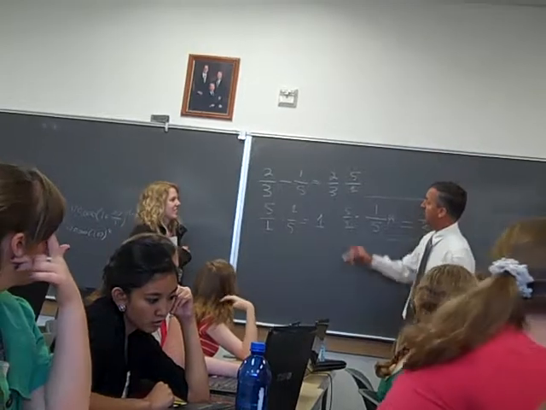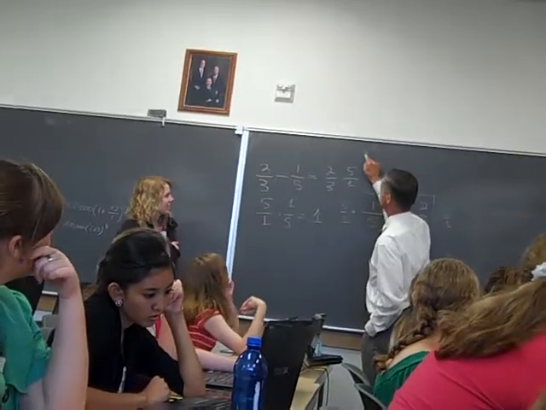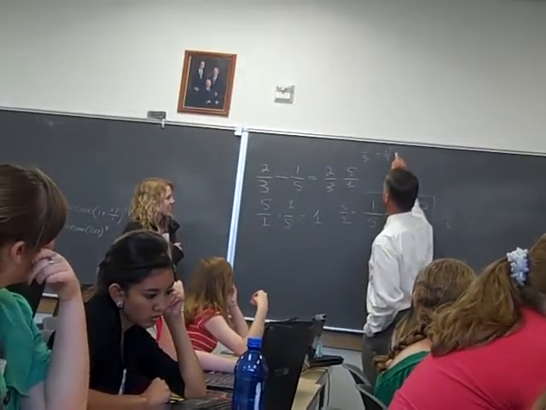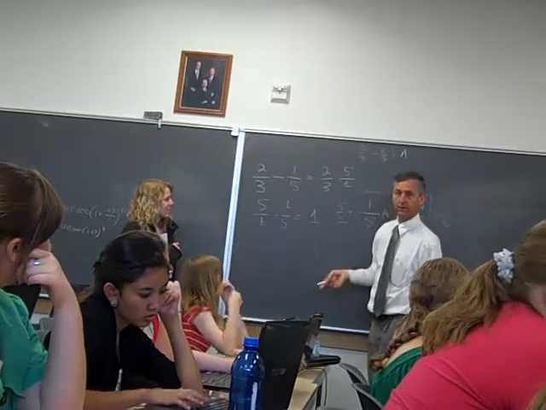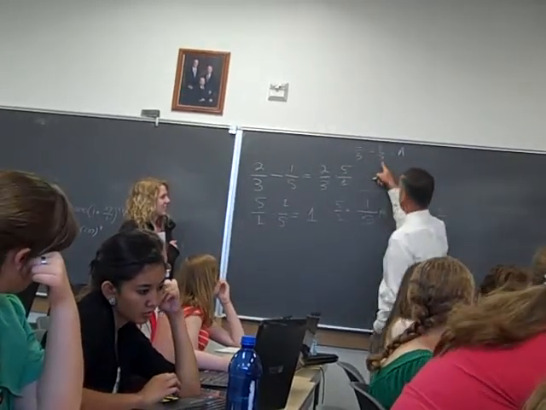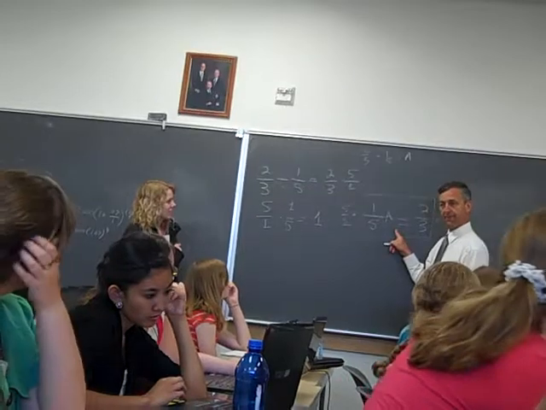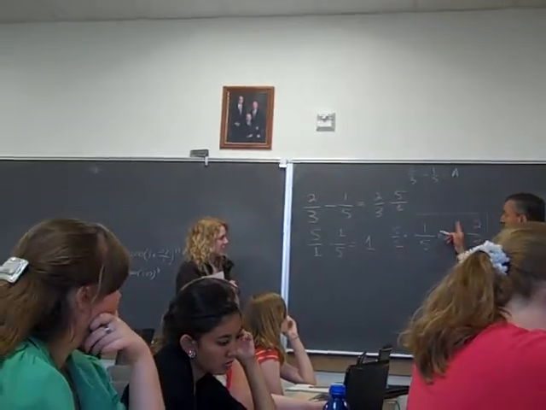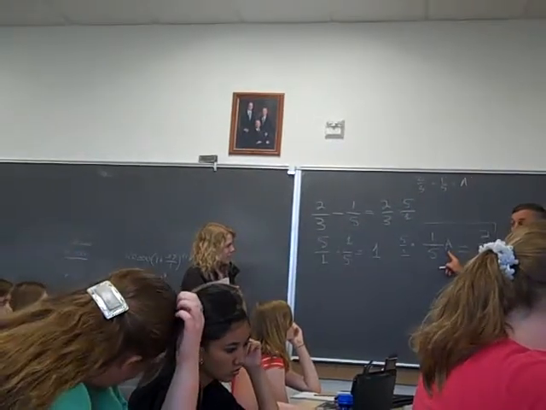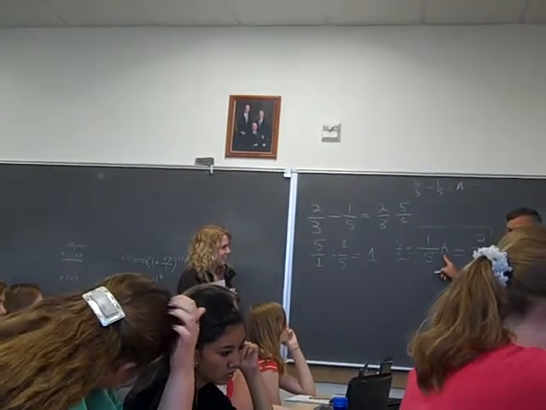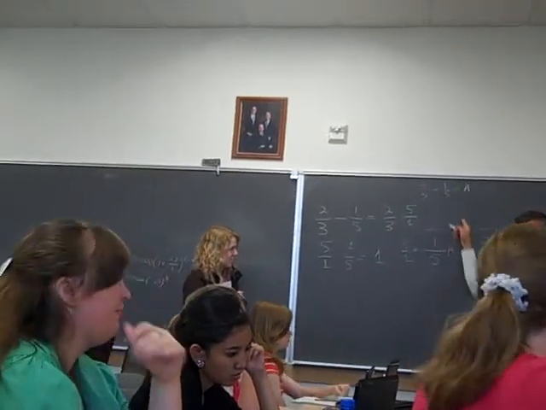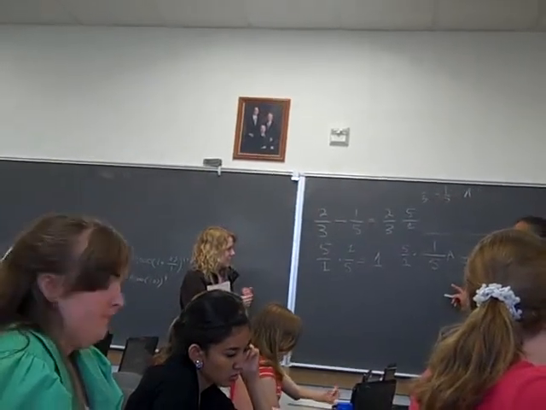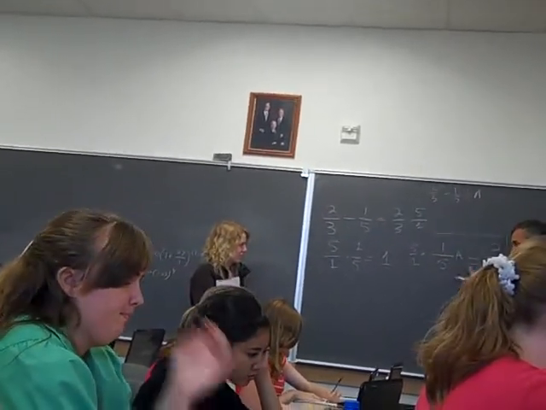Here's the problem: 2/3 divided by 1/5. I don't know the answer; we'll call it A. That and this are in the same fact family, right? This is the division model of the missing addend, right? Can everybody see that? They're in the same fact family. And then you use principles of algebra